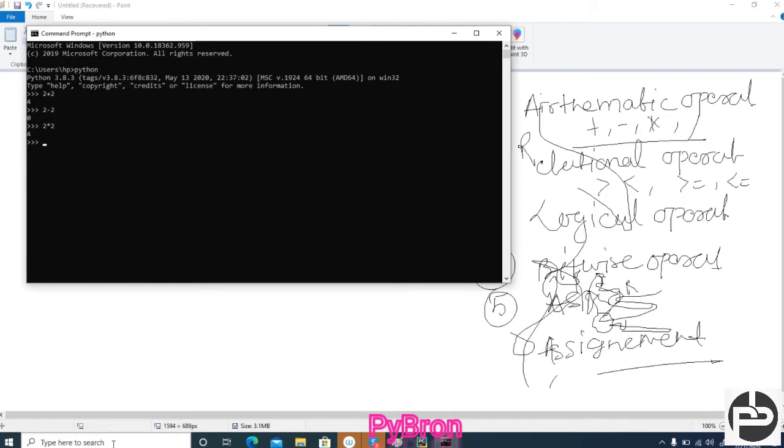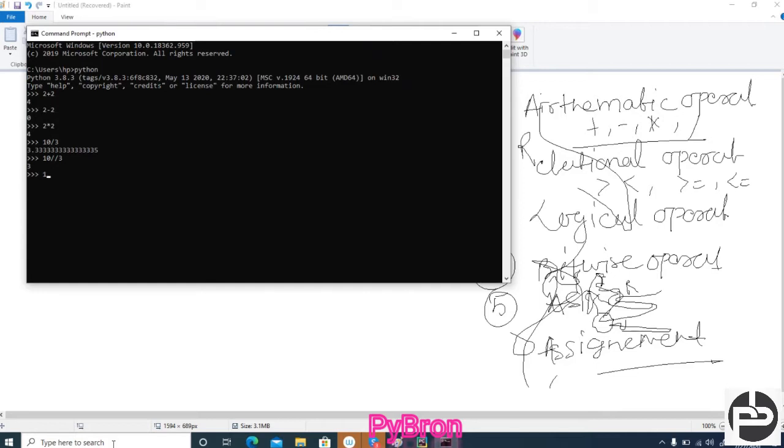There is just something you should know. If you type 10 divided by 3, the output is 3.3, the complete output. If you type 10 double forward slash 3, we get 3, which means the quotient; the remainder we are not getting.